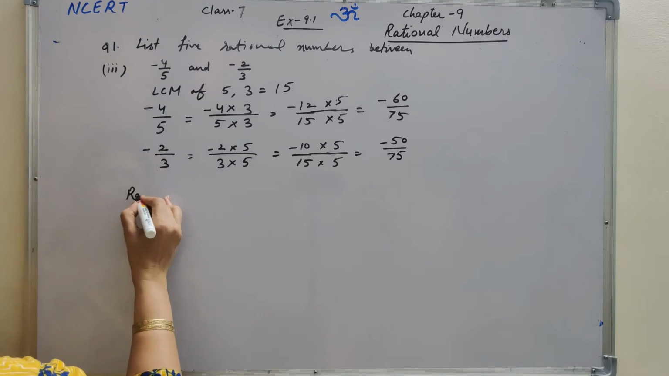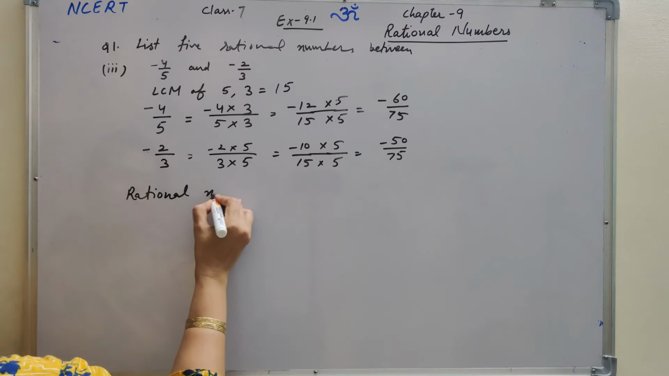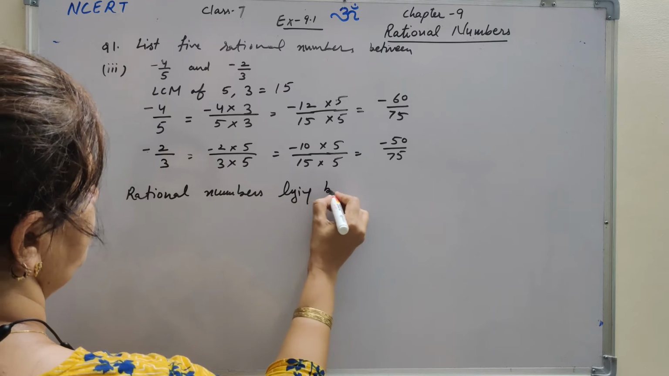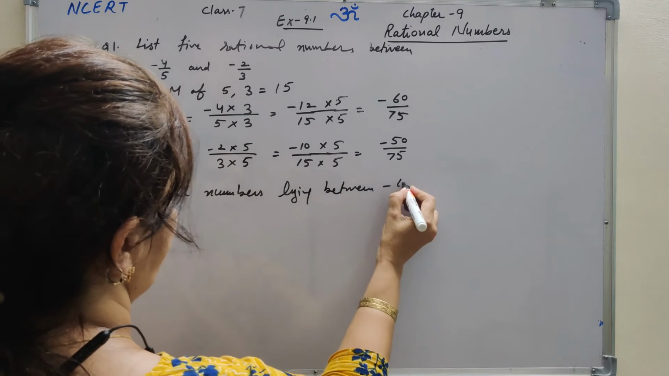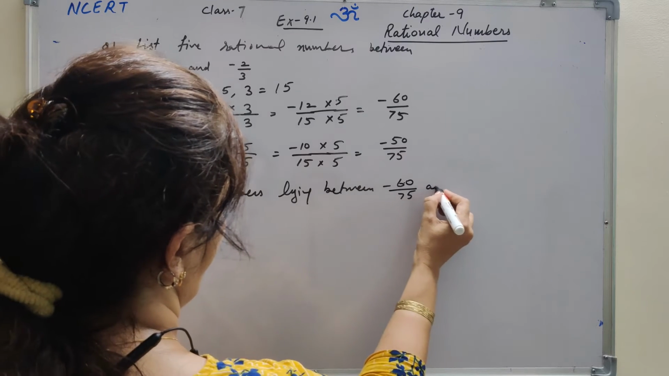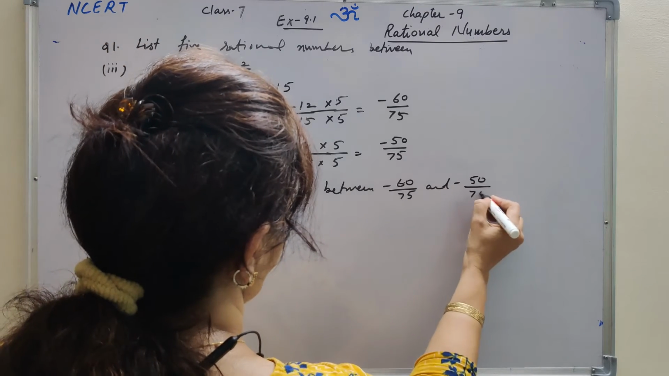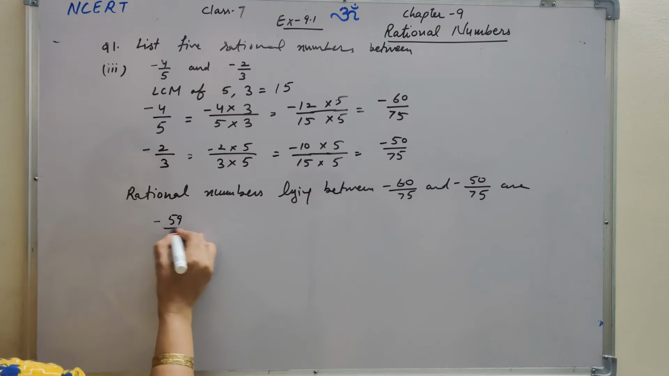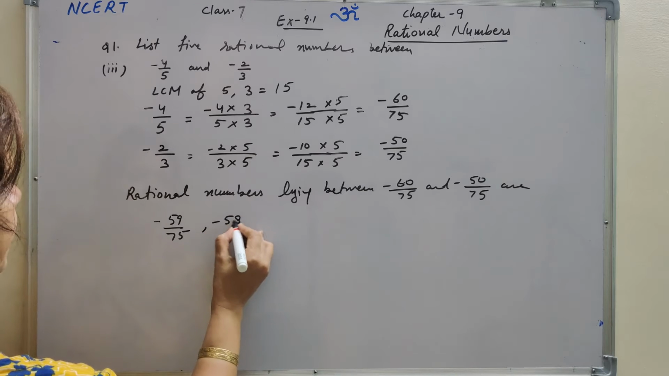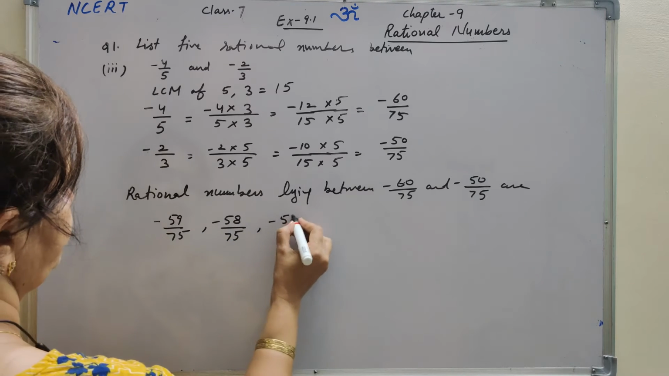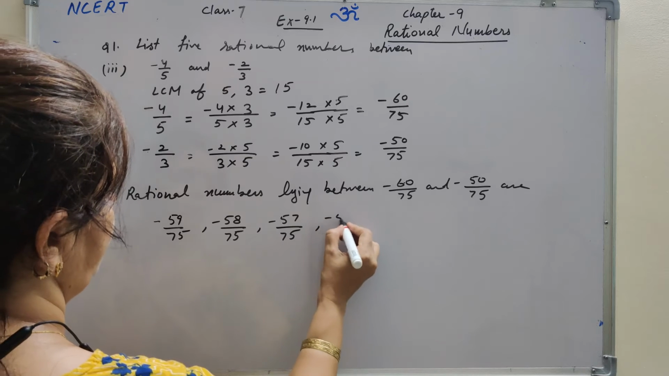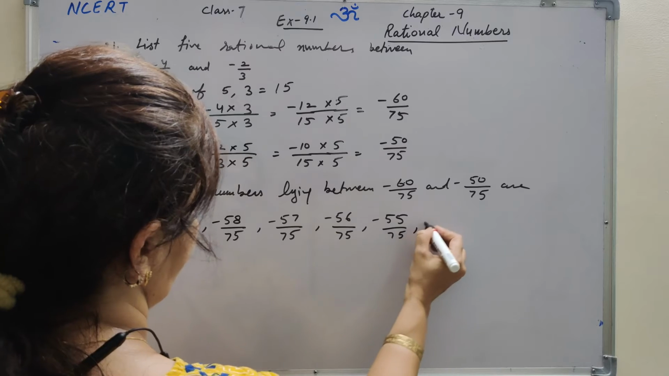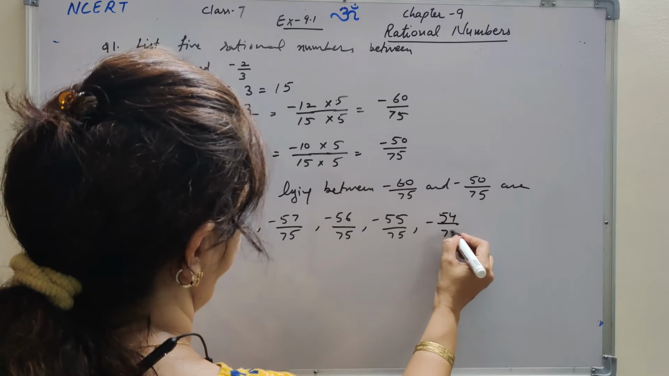And the rational numbers which are lying between minus 60 by 75 and minus 50 by 75 are minus 59 by 75, minus 58 by 75, minus 57 by 75, minus 56 by 75, minus 55 by 75, minus 54 by 75,